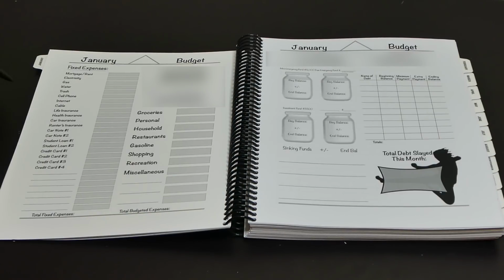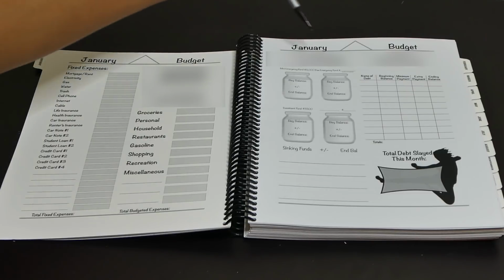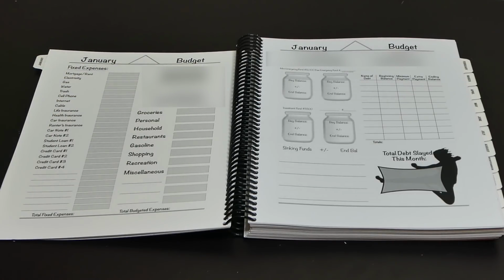Now on this next page here, I have these things up at the top blanked out. And again, that's just to keep down confusion because you will literally pause this video and try to figure out what I'm talking about. So on the left hand side, I have a place for you to list out all